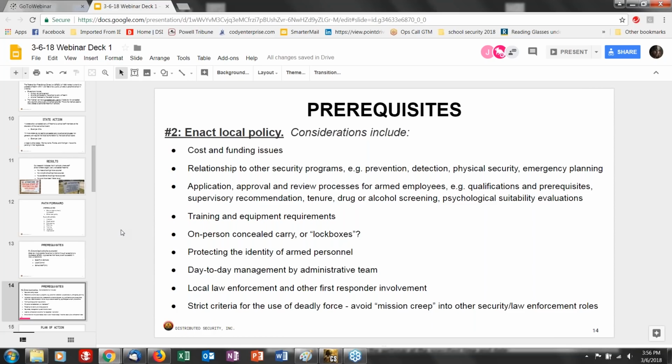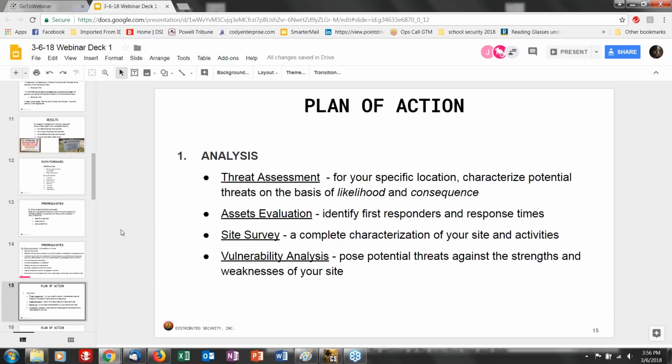Now let's move into our recommended plan of action. It begins with the analysis stage. An analysis involves these 4 important steps. DSI has a developed methodology for how to approach this, but here is a quick description of that process as it applies to schools. One, you must conduct a threat assessment that is specific to your location. It characterizes all potential threats on the basis of their likelihood or probability of occurring and their consequence, their seriousness